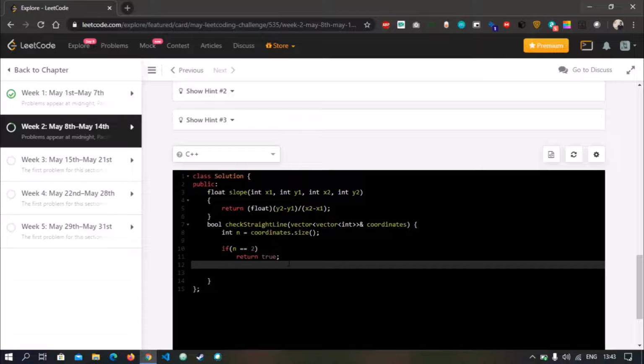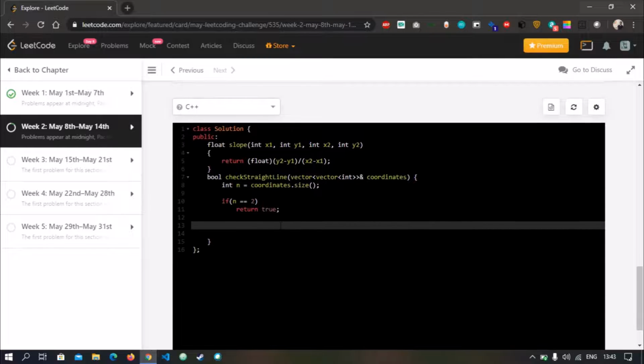Now let's calculate slope for our first 2 coordinates. Let's define them as int a equals coordinates[0][0], that will be the x coordinate of our first element in our coordinates array.